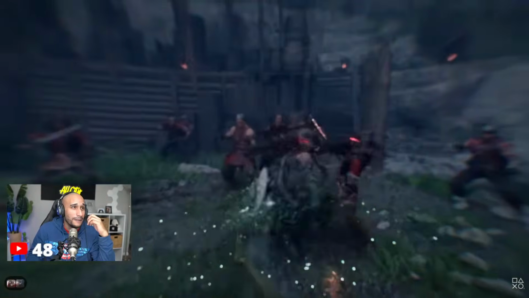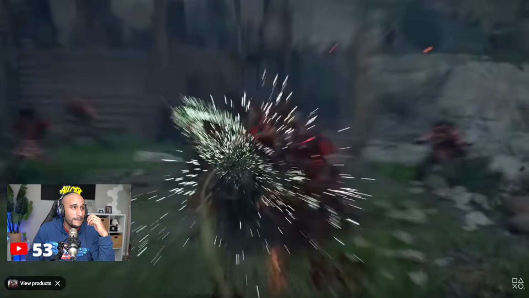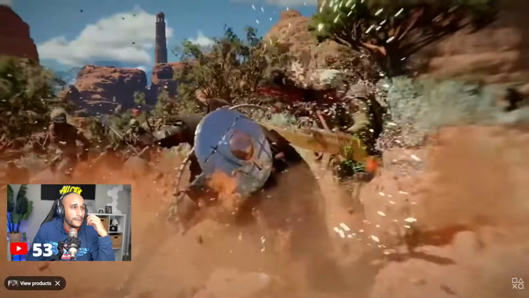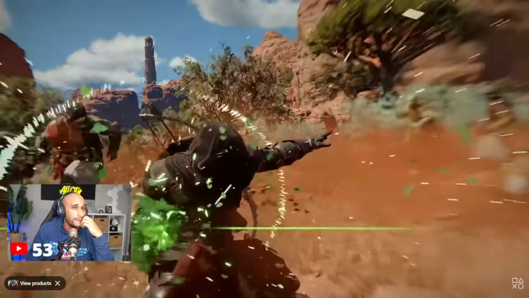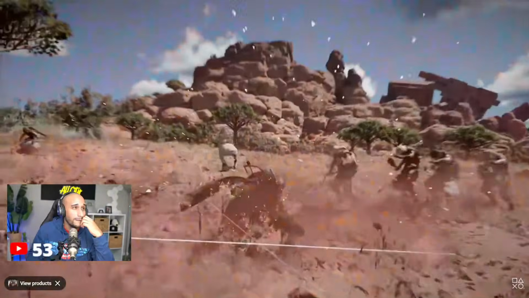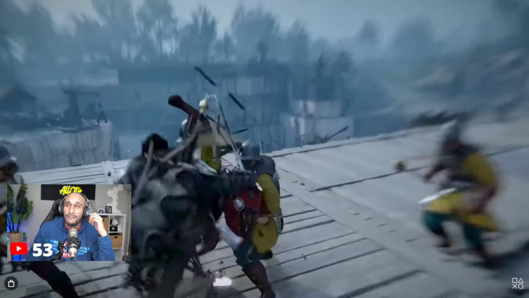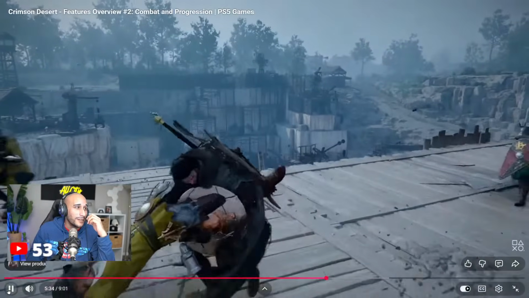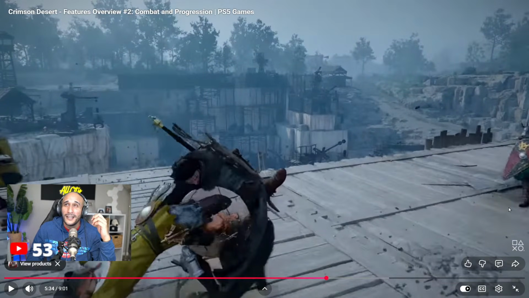Decide which skills you want to combine and unleash during combat, and choose the direction of your progression by considering your playstyle. Yeah, I played Elden Ring. Yep, I love Elden Ring. Elden Ring was super dope. So many different play styles. As you advance, you could determine through your skill tree what type of player you want to be.